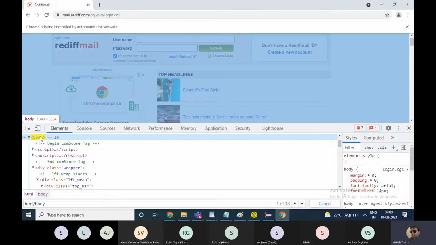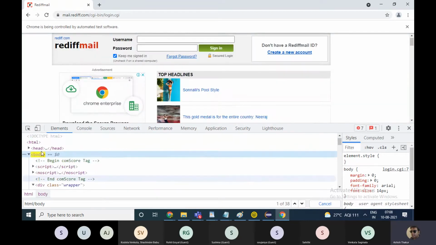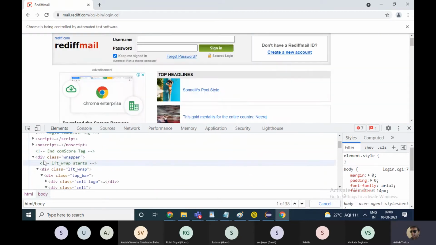So everything is inside this particular body tag. Fine. And